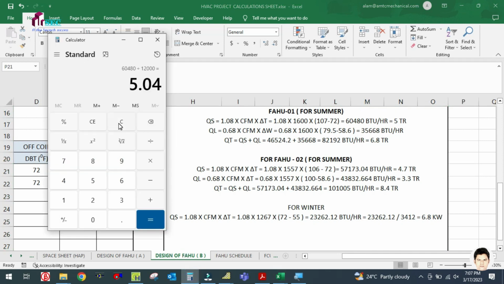Just calculate it. 0.68 into, simply first subtract this one, 79.5 minus 58.6,